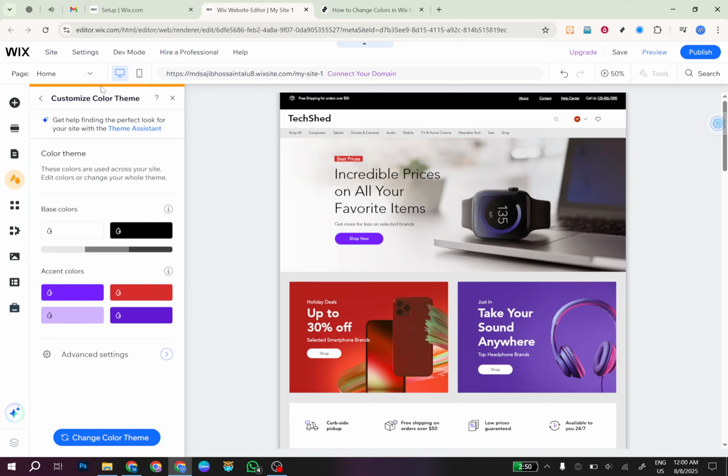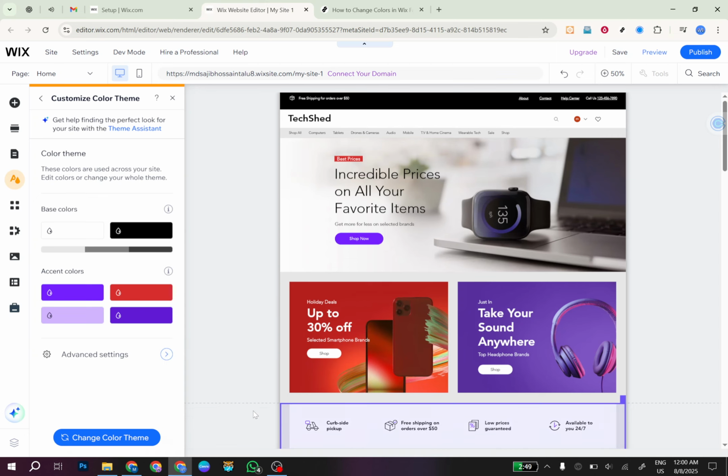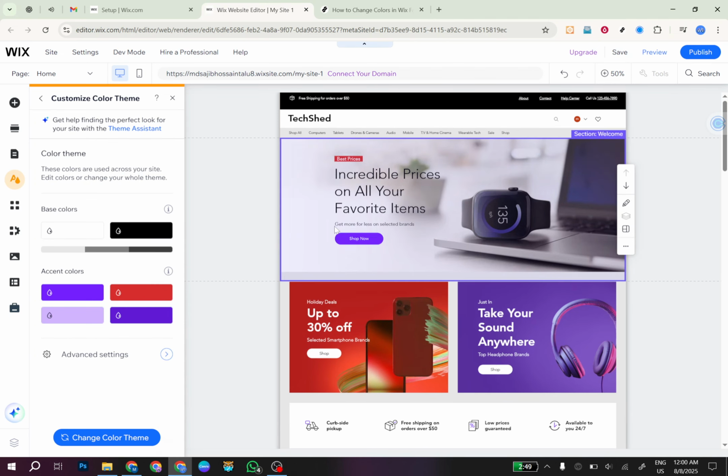Within the Site Design menu, you'll find an option called Color Theme. Click on it. This is where the magic happens. The Color Theme section is your playground for defining the look and feel of your site through its color palette. You will notice categories like base colors and accent colors. These terms might sound a bit technical, but are essentially about deciding the main and highlight colors used across your